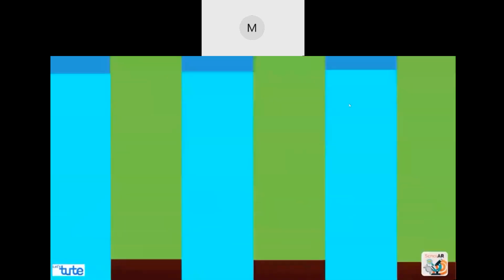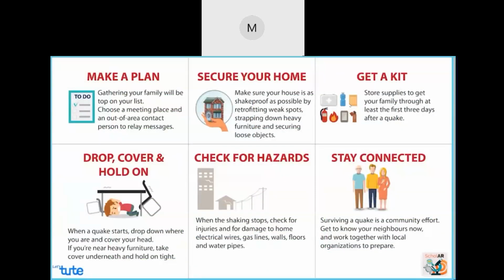Well, here are some tips that can save you in case of an earthquake. Till then, keep